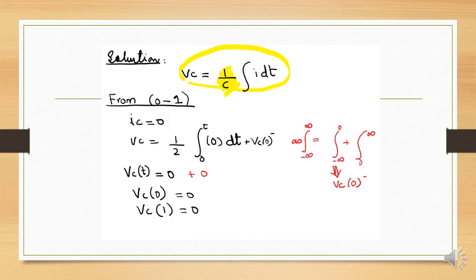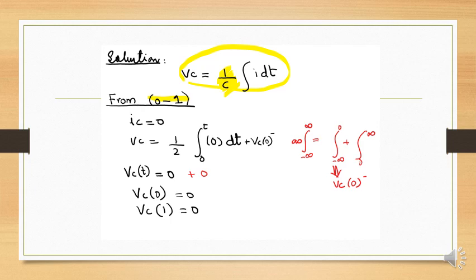Now what we are going to do is define the time spans. The first span is from 0 to 1. We have to find the value of VC in this time period. As we know, the value of IC in this span from 0 to 1 is 0. There is no waveform in that span in our input waveform.